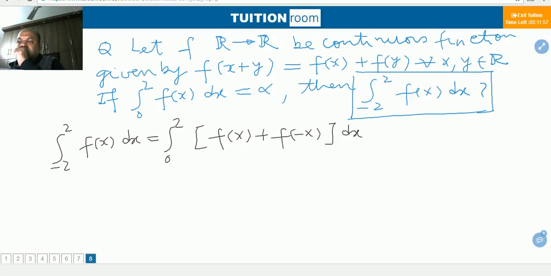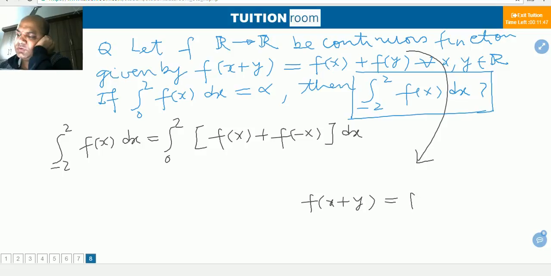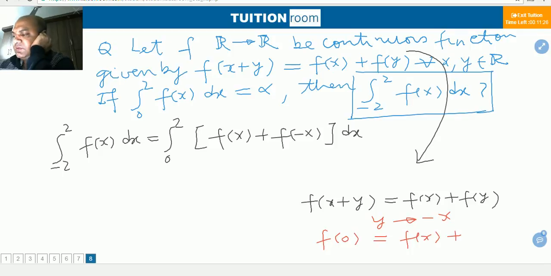Copy. It's very easy. This functional relation is true for each value of x. We have to discover such a value f(-x). How can we get f(-x)? If we replace y by minus x, we can get that. Now there is a problem in finding f(0). What to do? In the original relation, we can put x = 0 and y = 0. From there, we'll get f(0) as 0. We'll put that there, we'll get f(x) + f(-x) as 0. Then the value of the integral will be 0. Quite easy.